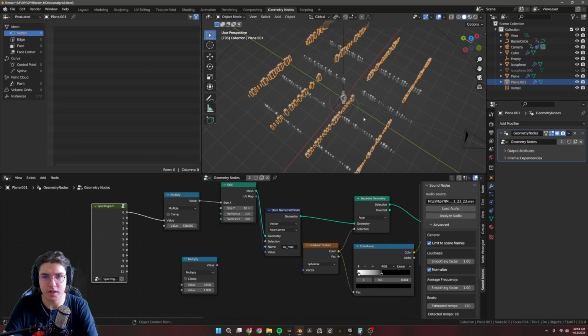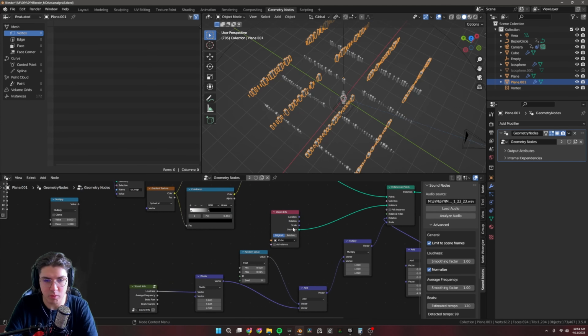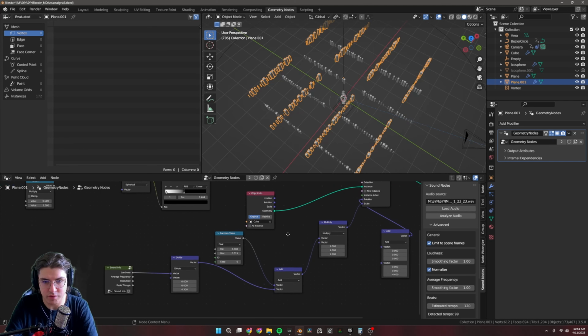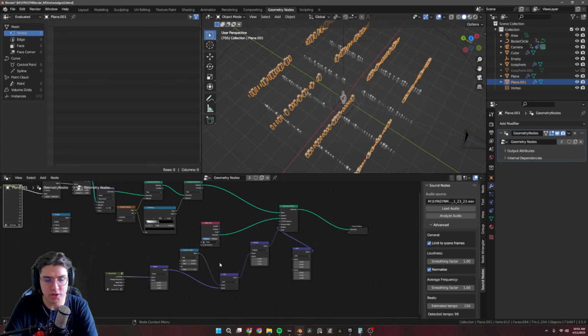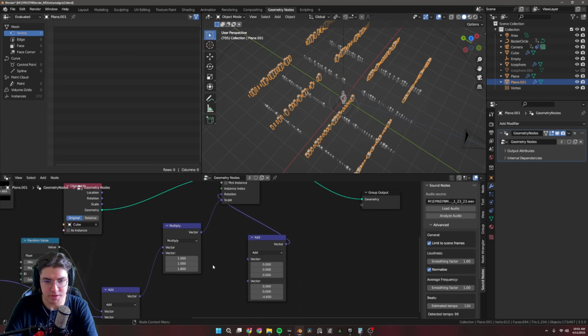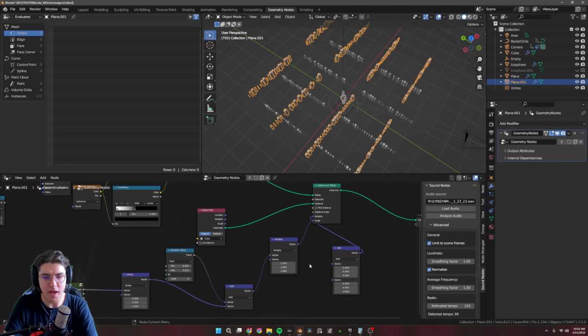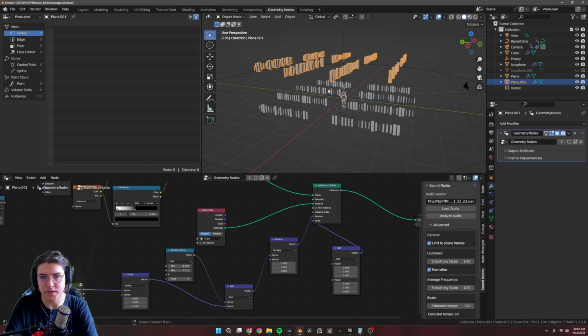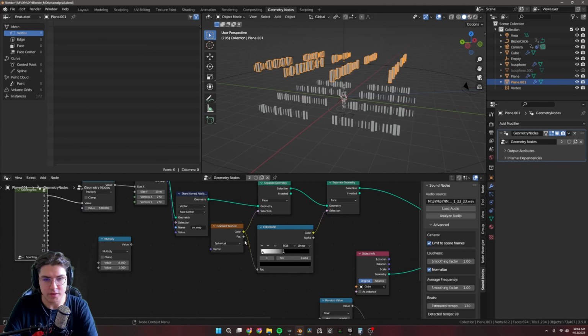So as you can see, it's adjusting the size, so how many points we're getting per thing. And then we have an instance on points referencing a cube, and then I just have some randomness and some input from the sound nodes determining the size and scale of those. And I have specific vectors, so I wanted them to be a little taller, so I made sure the Z axis was a little stretched out here, and that kind of stayed consistent. And then this gradient texture